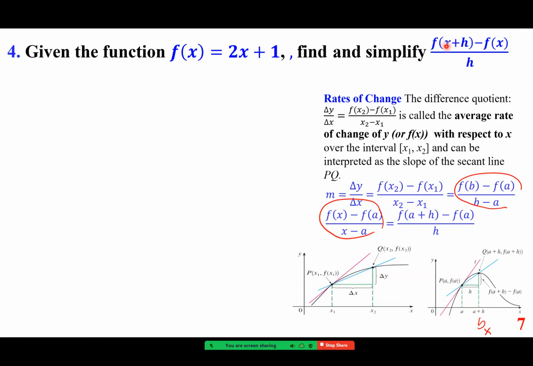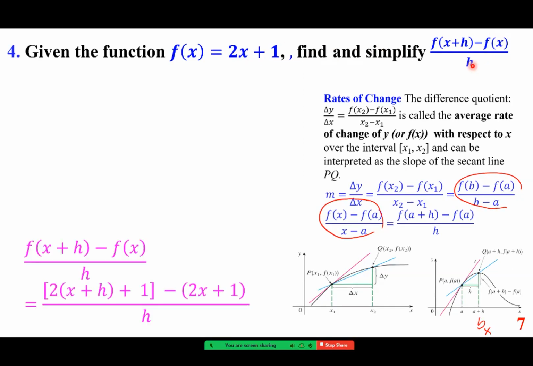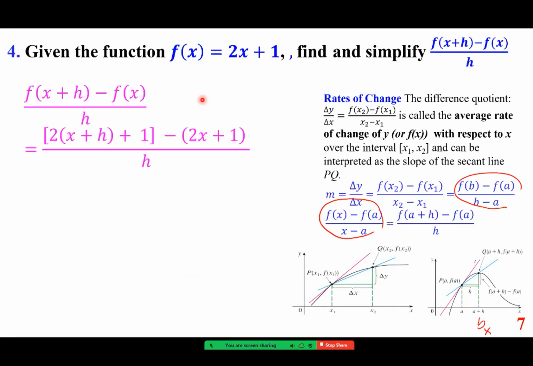So we are going to plug in, instead of x, x plus h, so 2 times x plus h plus 1 minus f of x, the same thing, over h. So I hope everybody can see we just plug in. So again, what is f of x plus h? 2 times x plus h plus 1 minus f of x over h. All we have to do is simplify this expression